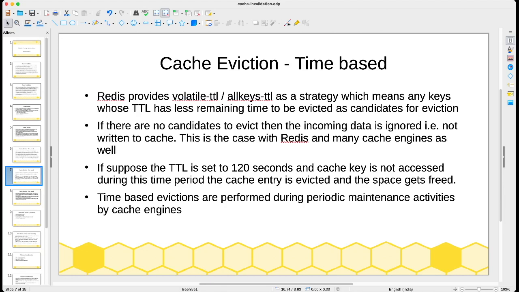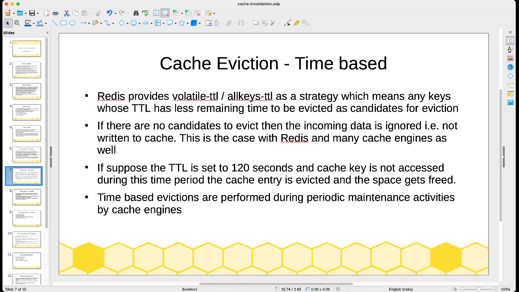which means any keys whose expiry has reached or less remaining time for the key to live are chosen as candidates to evict. So what is that? We'll look into it with an example. Suppose we are inserting a key as a user ID and the personal data as a value, and we say that the TTL, the time to live for that key and value, is 120 seconds, and lots of user keys are getting inserted. So at a point of time, we are reaching the node's threshold, for example, 100 MB or 200 MB,